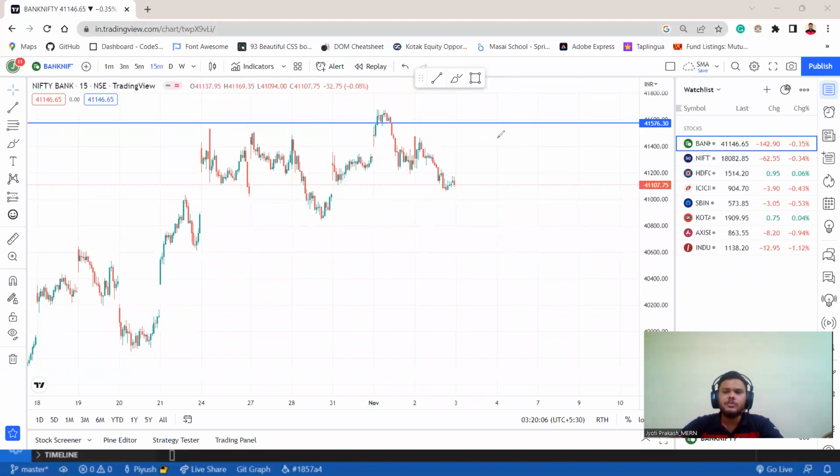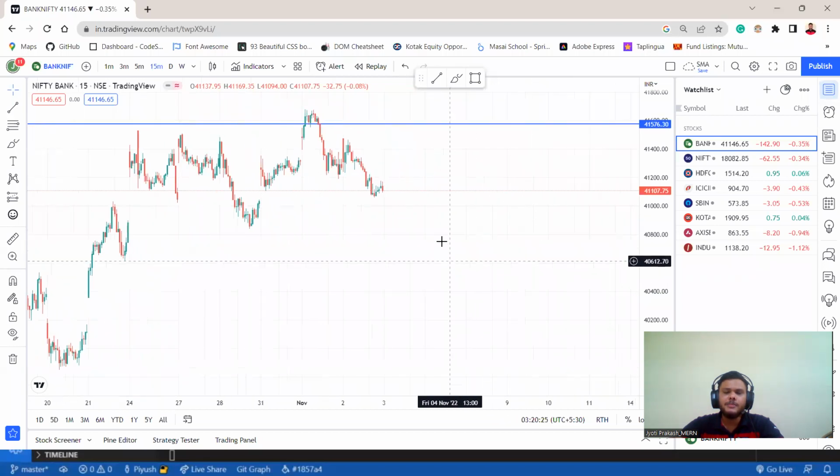And let's assume the market opens gap up, and if it closes above 41,450 or 41,470 and shows any positive movement there, you can take it for buying and your target will be approximately 41,670 to 41,700. And it may happen it opens gap up and closes above 41,650 and continues to go up, showing any positive or strong movement. Also you can take it for buying, because in the one day candle you can see that